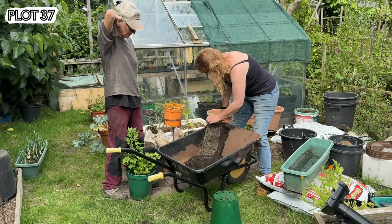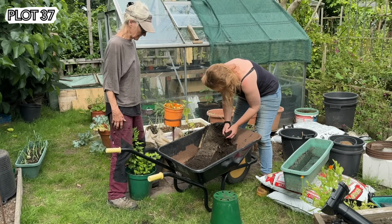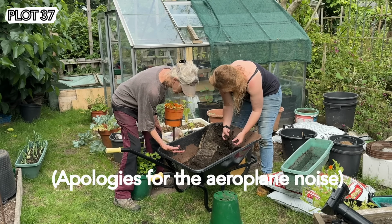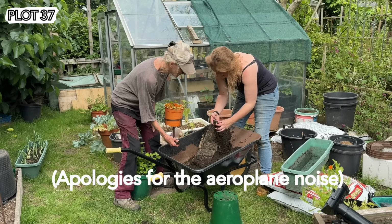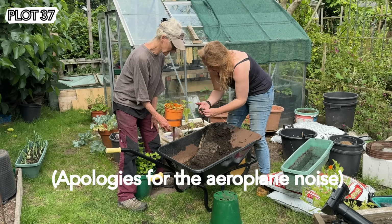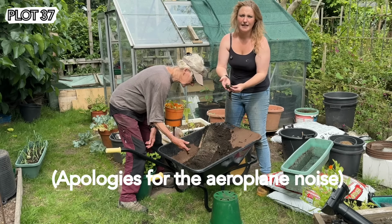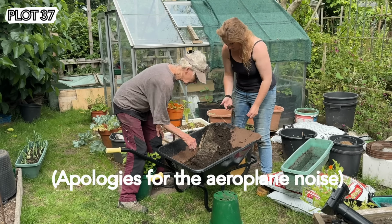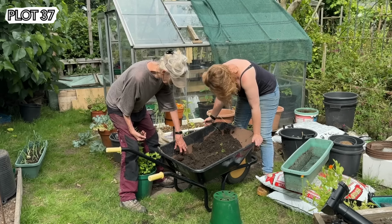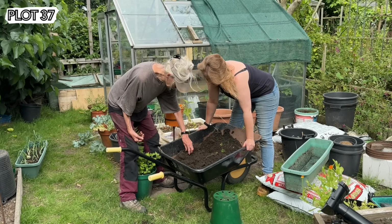Okay. A lot of roots. There's a lot of roots. I don't think it's... Oh, yeah. That's not good, is it? It's mush. It's mush. Oh dear, is that it? So what are you going to do with this soil? I do not know what that is that has